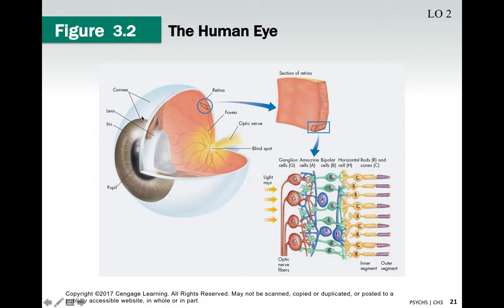Here we have that cornea, the protective surface. Here we have the pupil, which is going to open and close depending on the amount of light. The iris that surrounds it, the colored portion of your eye. The lens, which will accommodate. You have your retina, which is where the rods and cones are. The fovea, this is where there is a big concentration of rods and cones. You have a blind spot where there are no rods and cones, where you are literally blind. If light comes into contact with this portion of the eye, you can't see it.